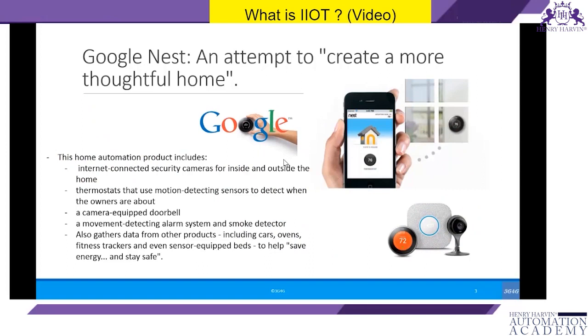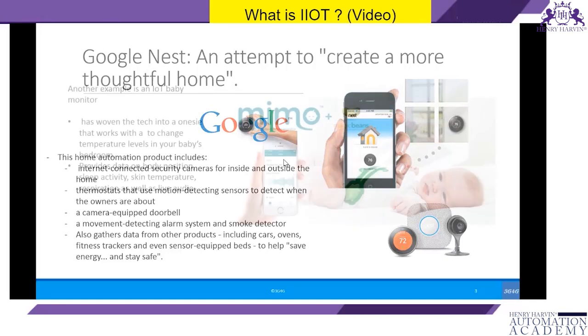This example of home automation is a programmable thermostat that learns what temperatures you like, turns itself down when you're away, and can be controlled from anywhere over Wi-Fi. Users can log on to their Nest accounts and change the temperature, view and adjust their schedule or settings, and see exactly how much energy they are using. It also gathers data from other products, including cars, ovens, fitness trackers, and even sensor-equipped beds to help save energy